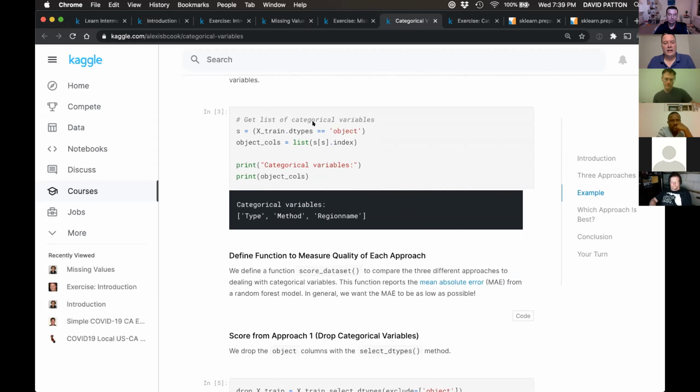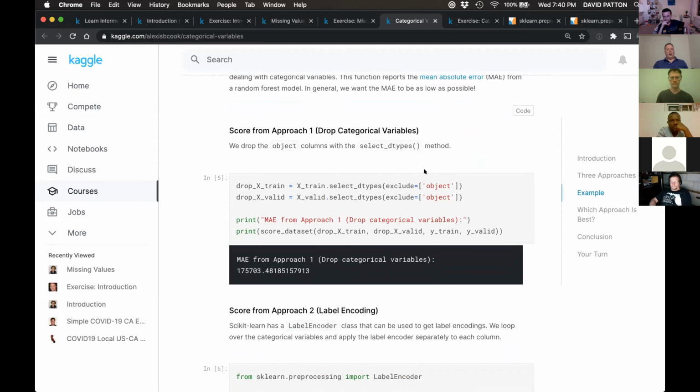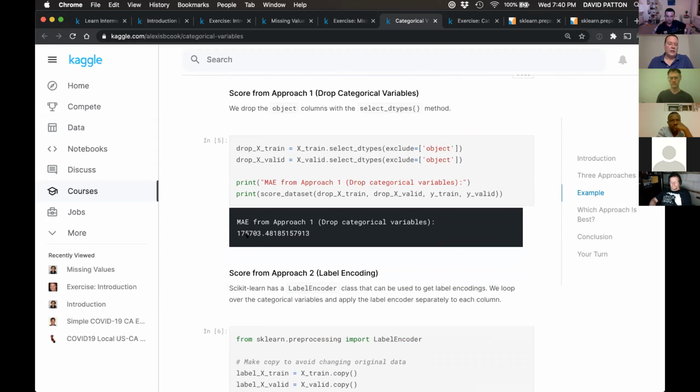So here we're going to look at everything that's a string, so an object type in our data set. We're going to change those. We're going to label those as category variables. We see type, method, region name, the 3 strings we have. And we're going to do approach number 1. We're going to drop all 3 of those columns and see what kind of result we get. So we do that, we run it, we get